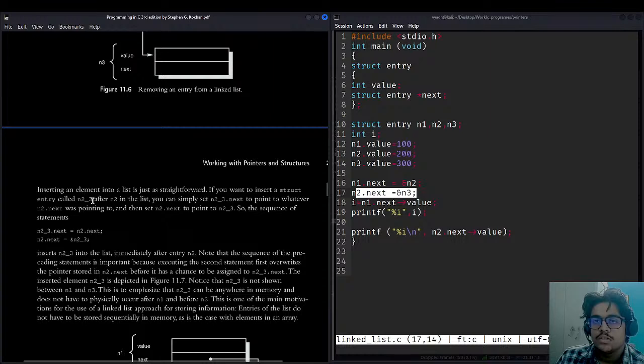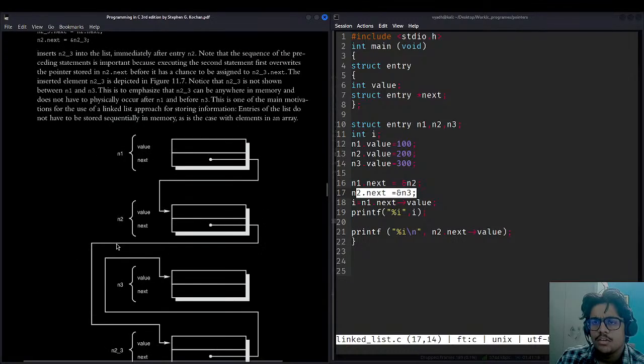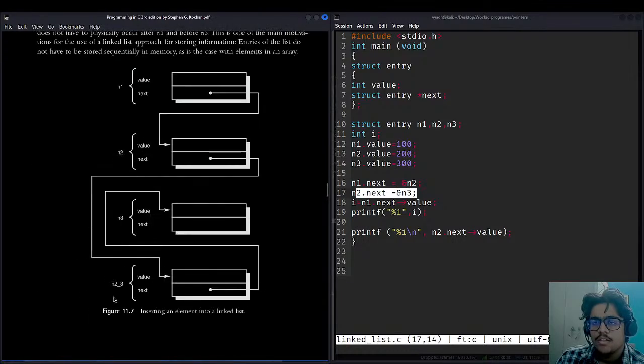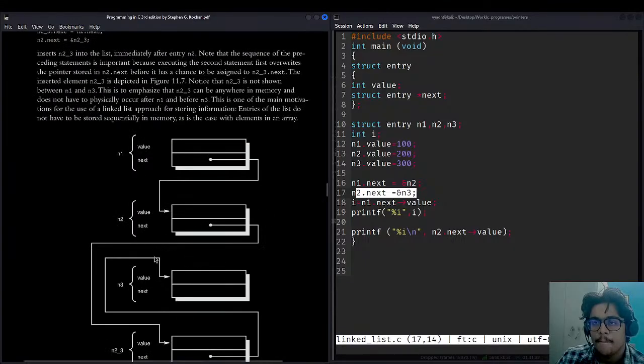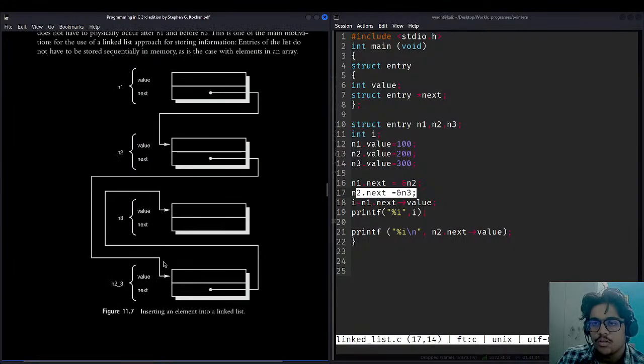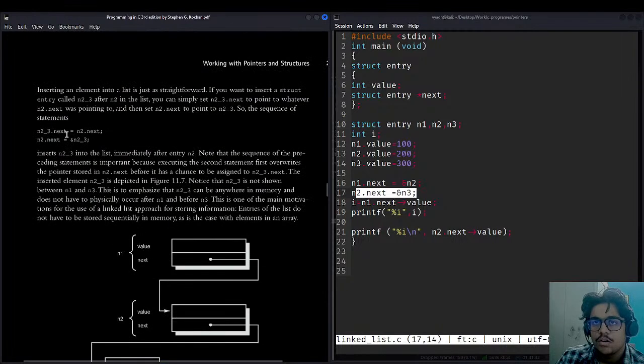Okay, so inserting an element into a linked list is just as straightforward. They have taken another list element, n2 underscore 3, and set its next. So n2 dot next value will be assigned there.